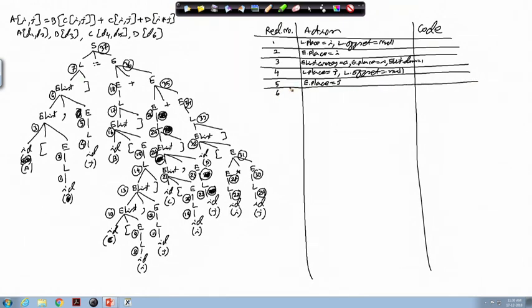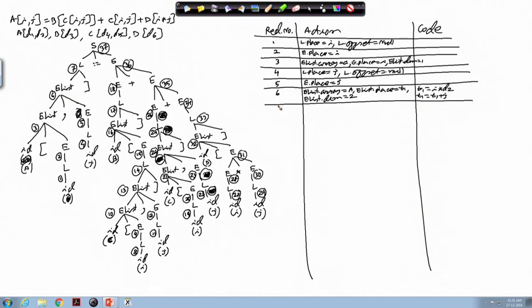At reduction number 6, it will have E list dot array equal to A, then E list dot place will be a new temporary T 1 and E list dot dimension will be equal to 2, and it will generate a code that T 1 equal to I into D 2 and T 1 equal to T 1 plus J. So, these two lines of code, if you consult the corresponding array rules, will be generated.